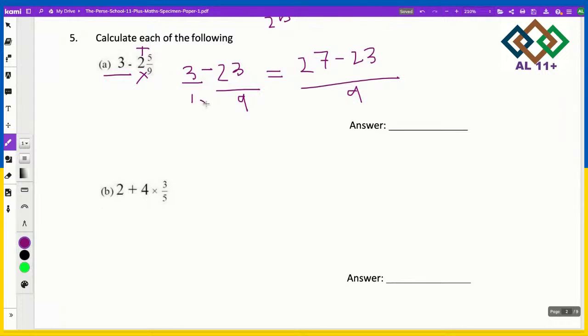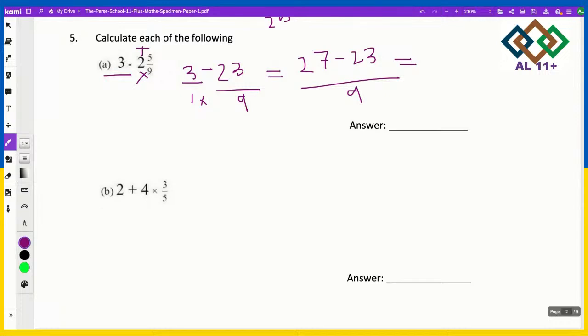1 multiplied by 9 gives you 9. Whatever you multiply the bottom, you multiply the top. So 3 multiplied by 9 is 27, what I've written. And 9 multiplied by 1 is 9. And 23 multiplied by 1 is 23. So you just have to minus this now. And then you will get your answer